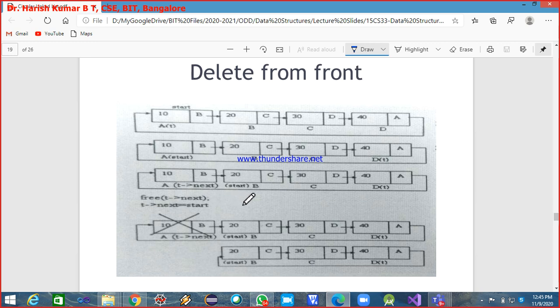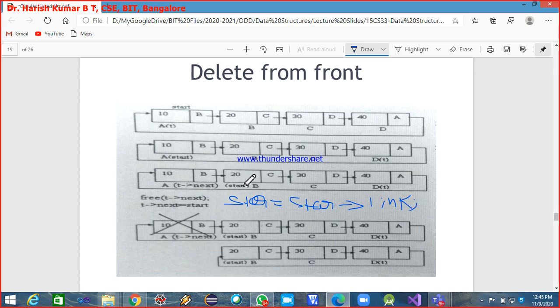Start is equal to start arrow next, because this will become the new start. Start is equal to start arrow link. Now start is pointing to this node.